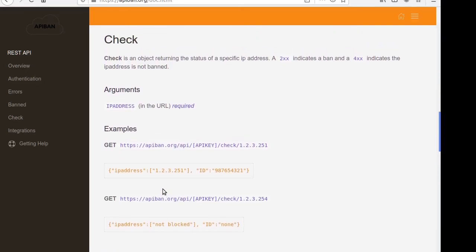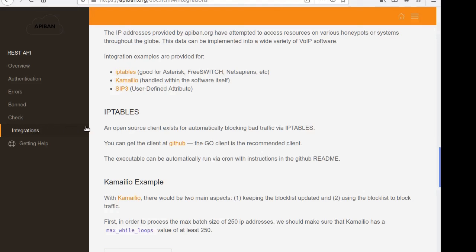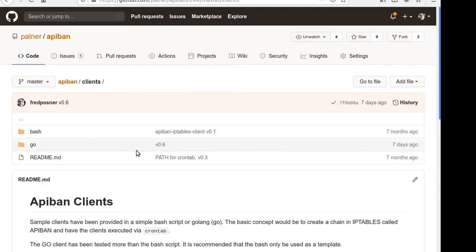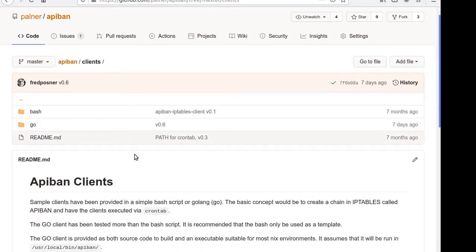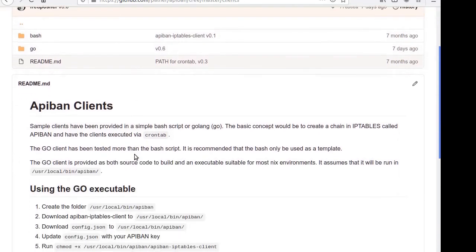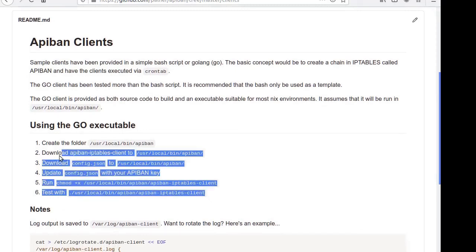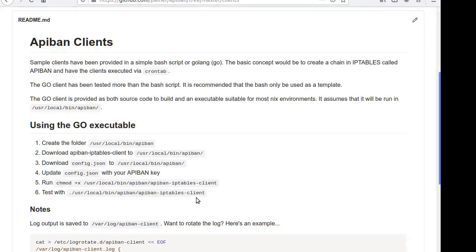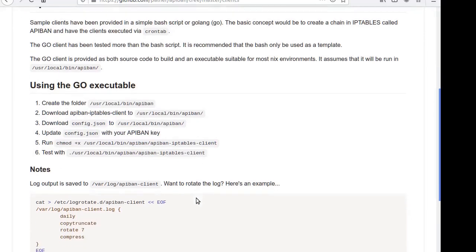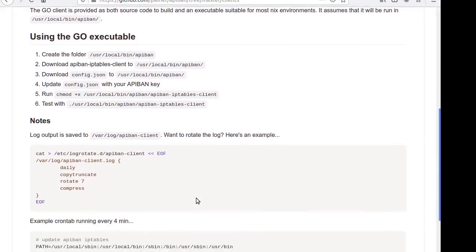Our integration today is going to use iptables on any type of Linux platform. It's good for any phone service that you're running, such as Asterisk, FreeSWITCH, whatever. We click the link to the GitHub that holds the Go executable, or you can build it yourself with Go. And we're going to follow these basic instructions. Very simple. And when we're done, we'll add logging because the Go client does logging. And we'll also set up a crontab so that every 4 minutes or so, you get new IP addresses